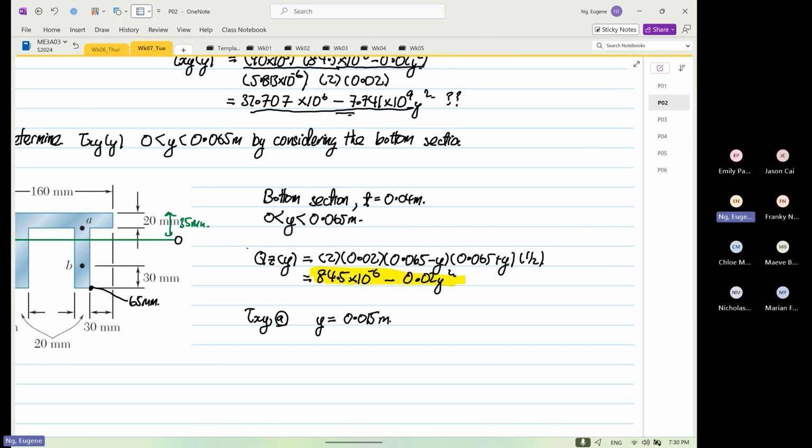So the equation that we are going to use will be shear xy as a function of y. So we're going to use this expression over here. We're going to use 32.707 times 10 to the power 6 minus 7.741 times 10 to the power 9